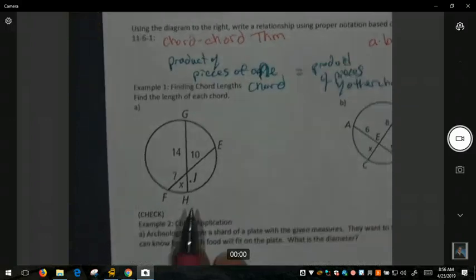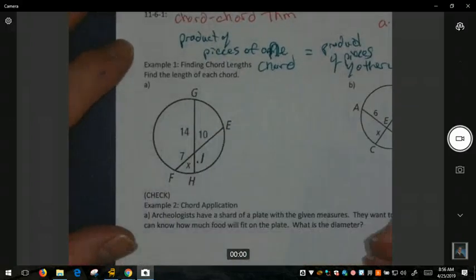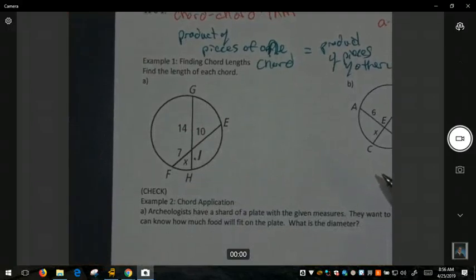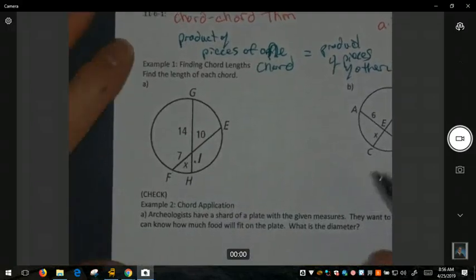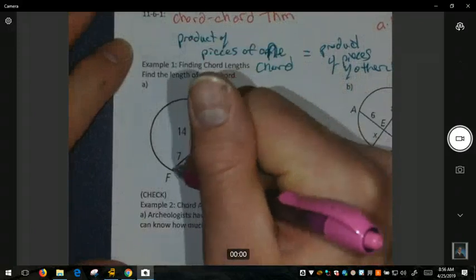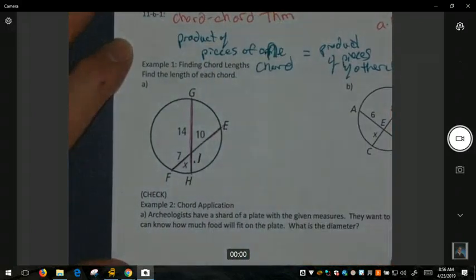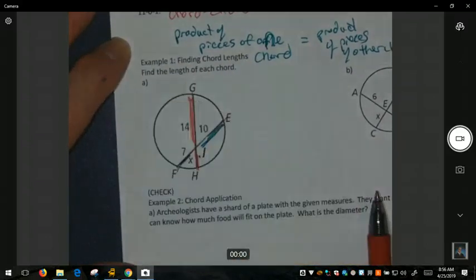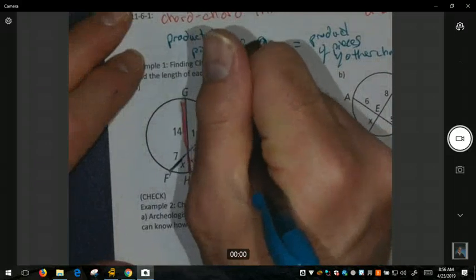Example A, using chord-chord theorem. Find the length of each chord. I first have to pay attention to what I have in the picture because there are theorems with secants and tangent lines as well. I have a chord and I have another chord and they are intersecting. I know this piece of the chord but not this piece, and I do know both of these pieces. So using chord-chord theorem,